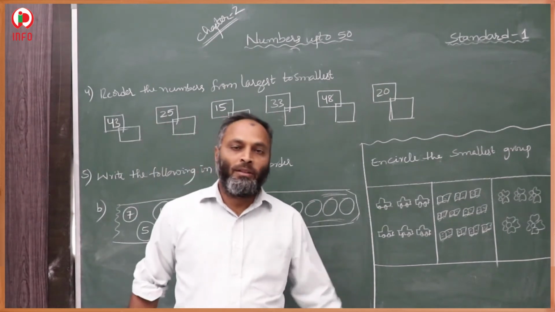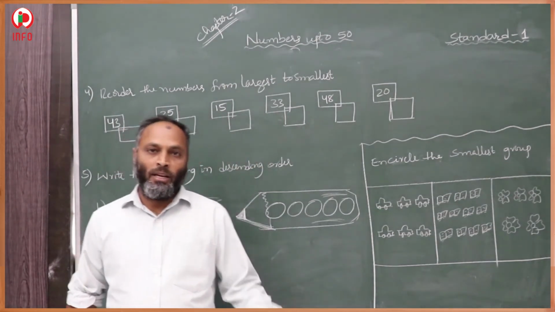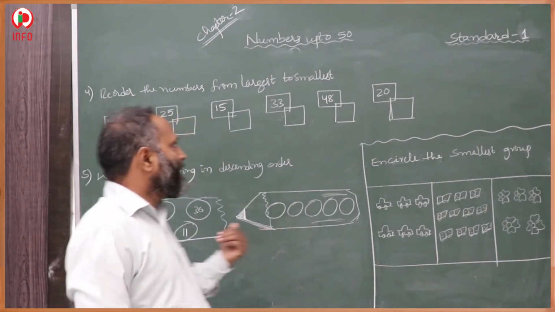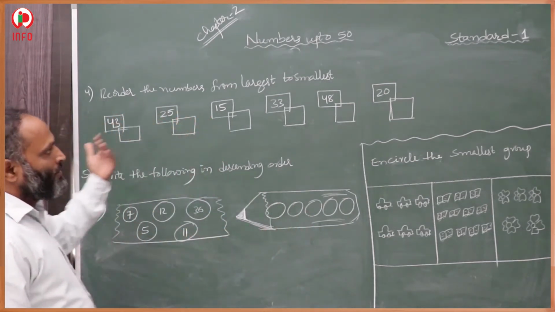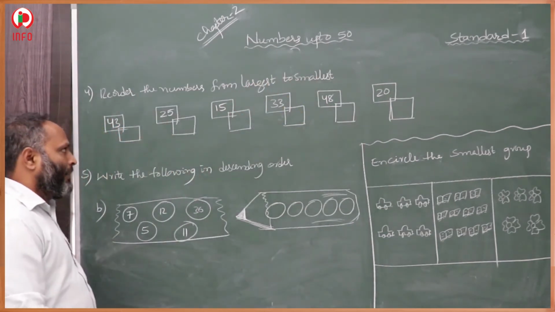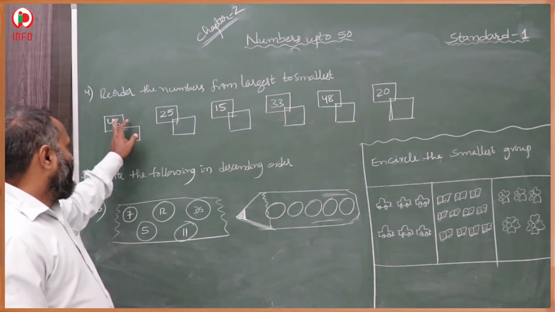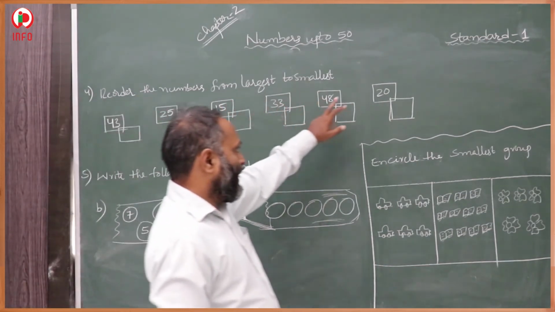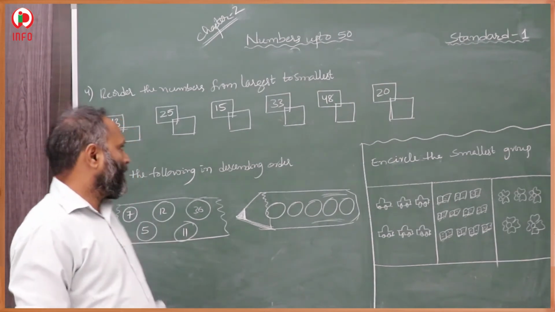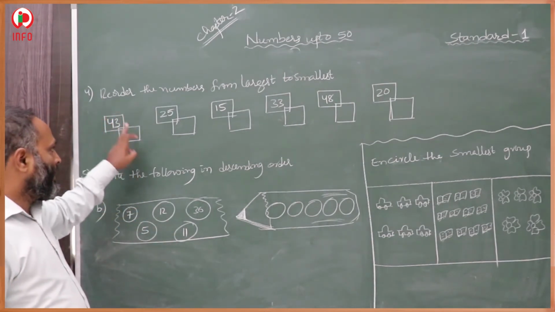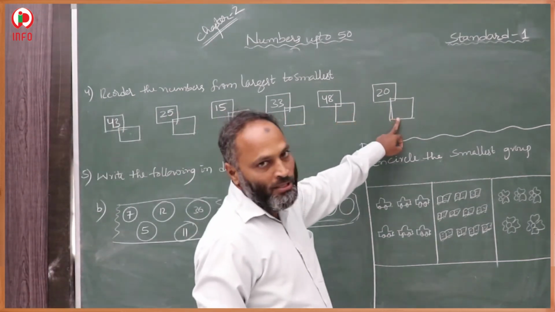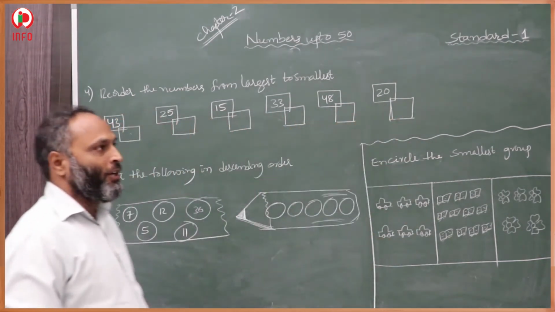Now students, previously we discussed ascending order, smaller to bigger. Here is descending order, that is from largest to smallest. That is called descending order. Here 6 numbers are given. In these 6 numbers, we have to arrange the largest first, a little bit smaller, smaller, smaller, and the smallest one last. So in this order we have to arrange.